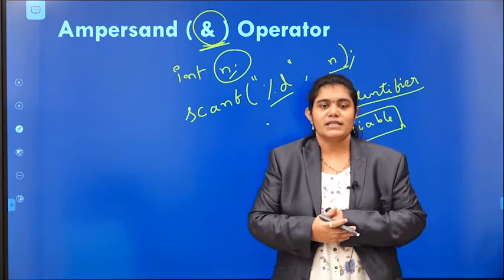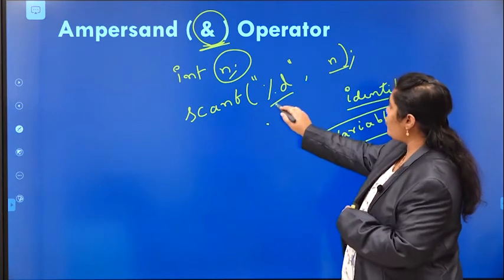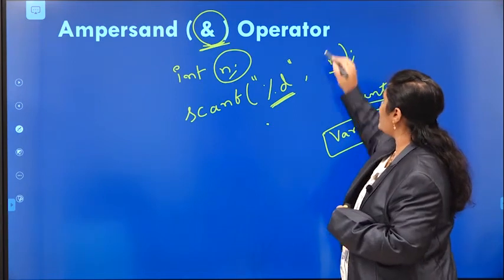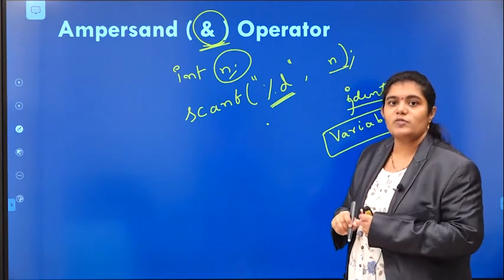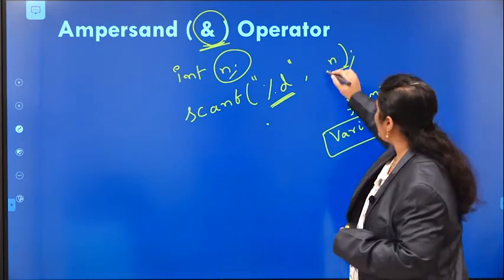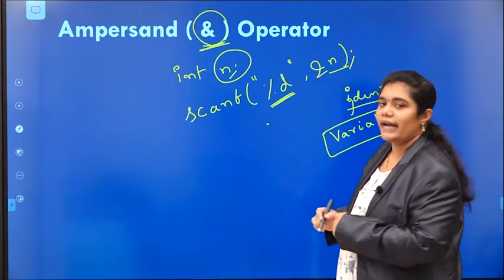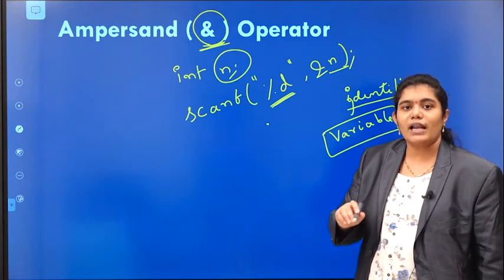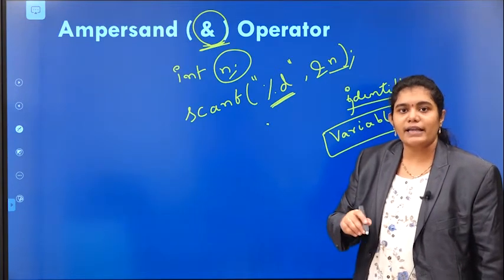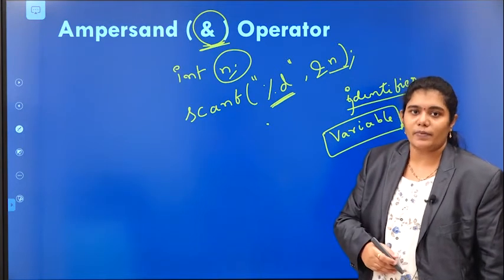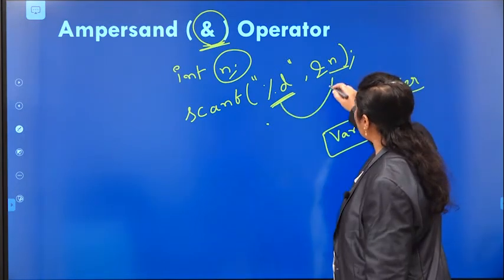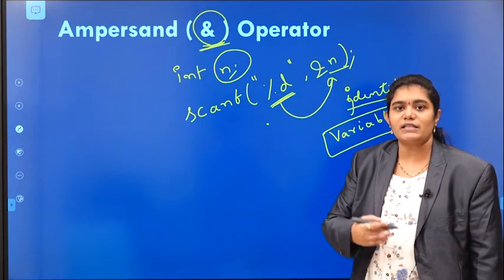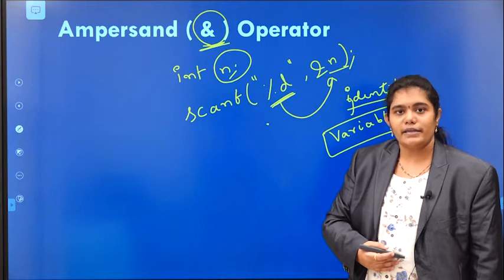So whenever I specify an address on your envelope, then only a postman can deliver that letter to your home. Similarly here also, if I want to read an integer value into this n variable, I need to specify the address of n. So how can I get the address of n? With the help of the ampersand symbol, I can get the address of a particular variable. Now the value we are reading will be placed into the location n, right?